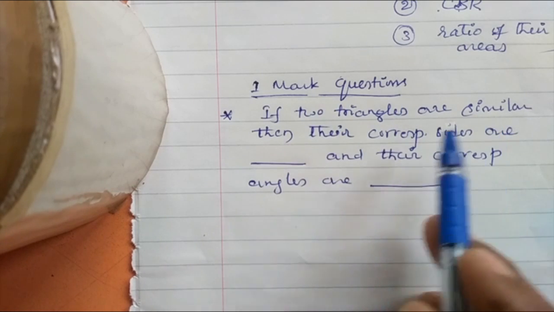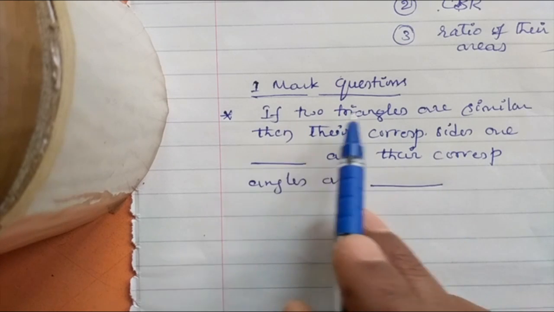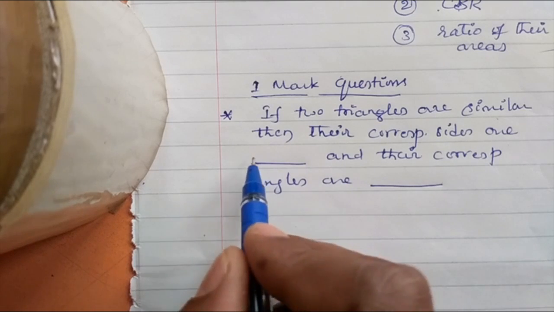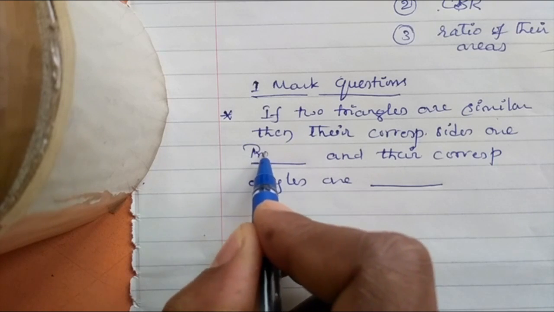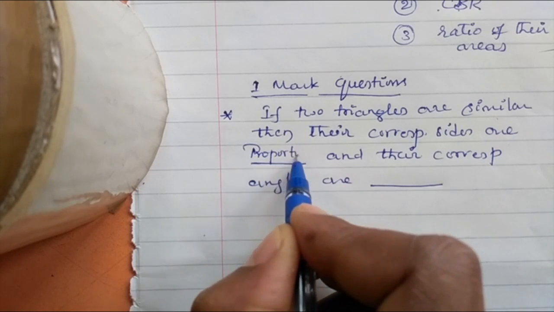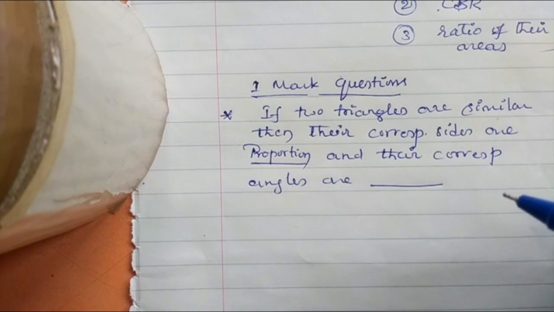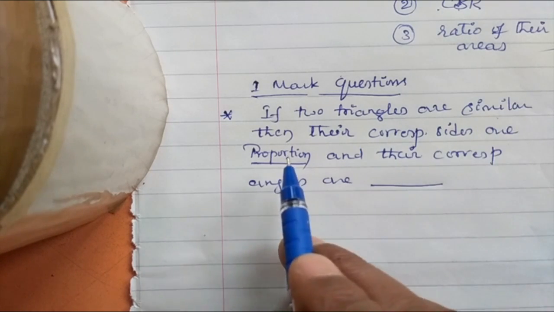When two triangles are similar, their corresponding sides are equal or in proportion? If two triangles are similar, their corresponding sides are not equal, they are in ratio. The corresponding sides are in proportion, in the same ratio. Because similarity is between two triangles, a small and a bigger comparison. So when two triangles are not equal in size, how can their sides be equal? Their sides are in proportion.